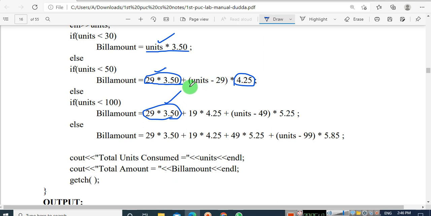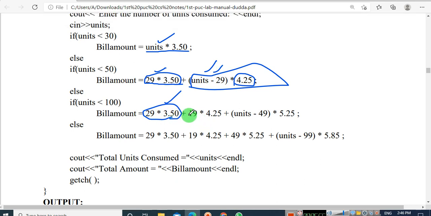And this is overall, and I'll click two clicks. First, out of 70 units, first 29 units will be 3 rupees 50 paisa. Next, remaining 19 units, that is less than 50. From 30 to 50, it is 19 units remaining.